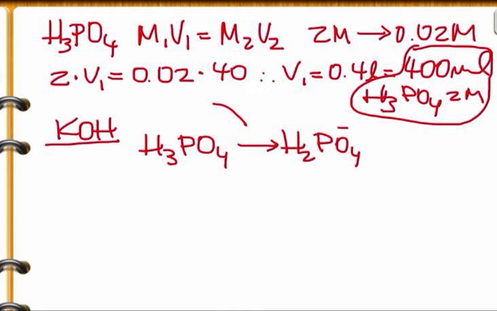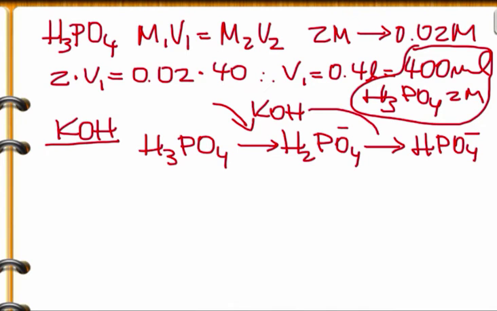Now what KOH is going to do is pick up this phosphoric acid and force it to dissociate, to remove protons from this H3PO4. First, it's going to remove protons to generate H2PO4 minus, and then more hydroxide is going to be added to remove protons from the H2PO4 minus to generate HPO4 2 minus. Okay, so first we have phosphoric acid,